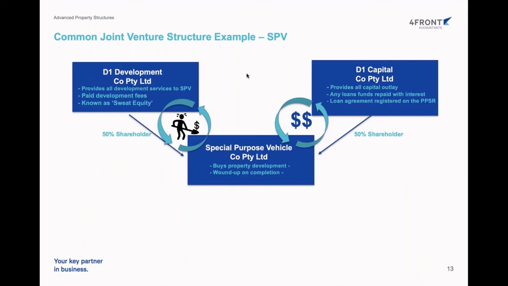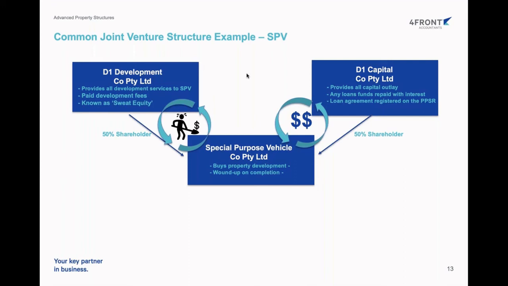All right, and this is a second example I've got here of a joint venture with an SPV, so special purpose vehicle. So go back to our development company, which is going to provide all the development services to the SPV, and it'll pay the development fee, and it's what you might call sweat equity, whereas the capital provider in this instance is providing all the capital outlay, loaning any funds, and it also has a loan agreement. And then the SPV is the entity that's going to buy the property, develop it, and then get wound up